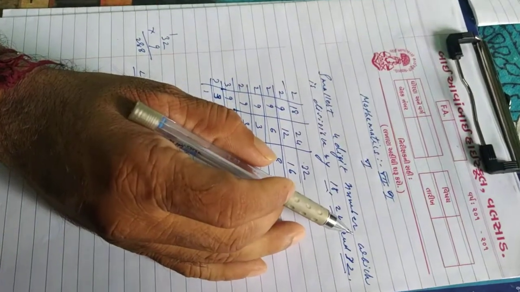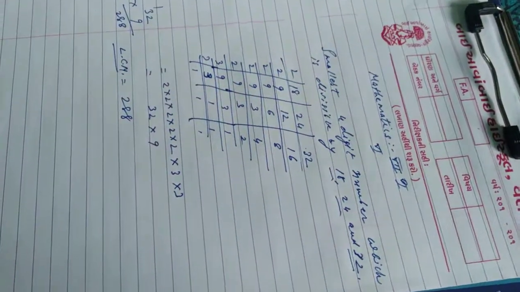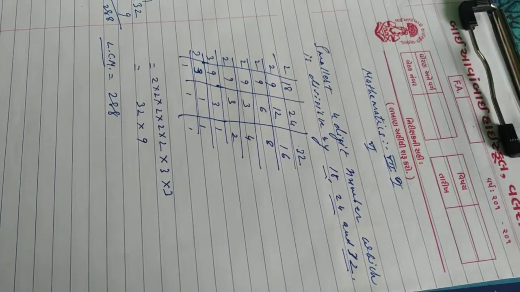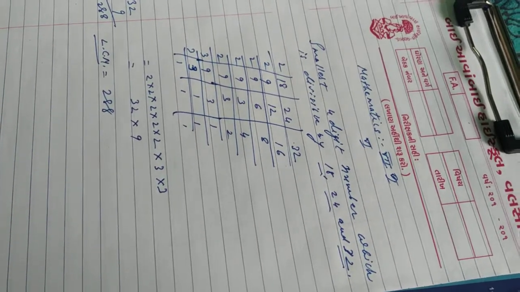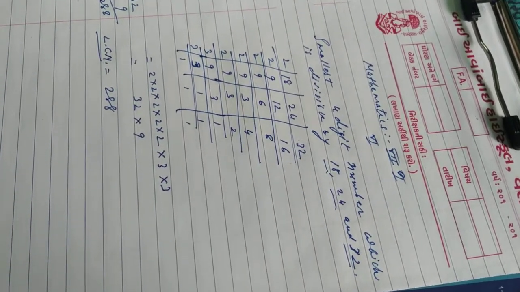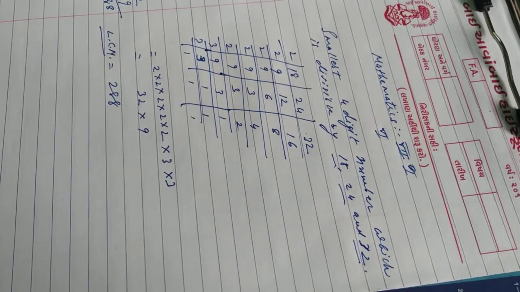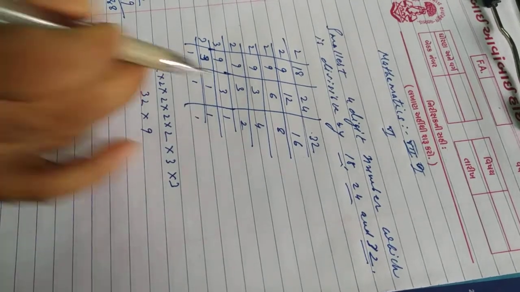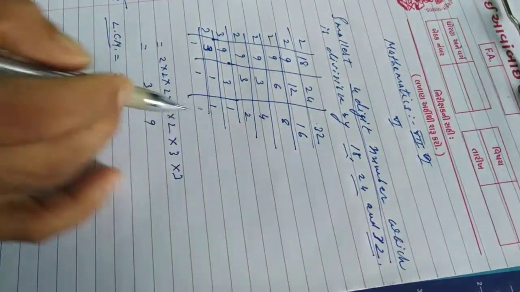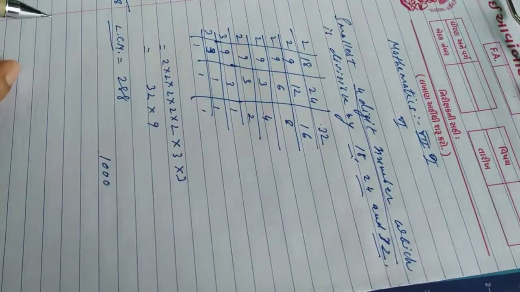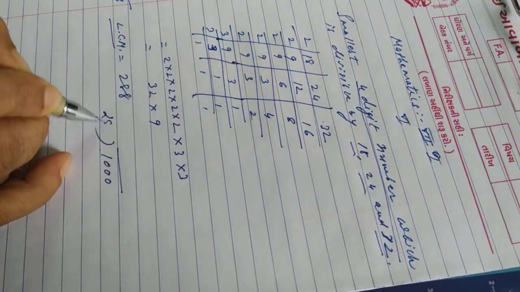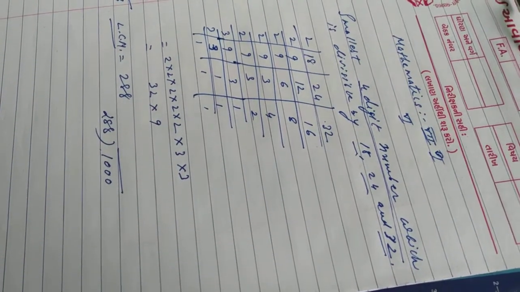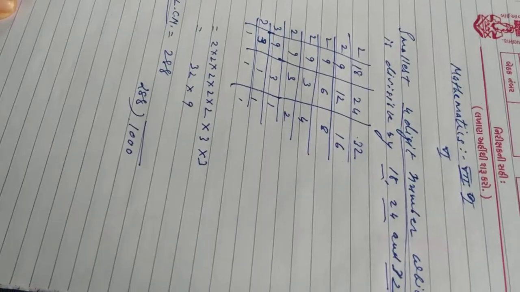Smallest 4-digit number. Before that, I think we have already learned in example number five the greatest 3-digit number as well as in example four the smallest 3-digit number. So here in the greatest 3-digit number we divided 999. So here what to do? For a 4-digit number, we divide 1000 by 288, right? Now 288.